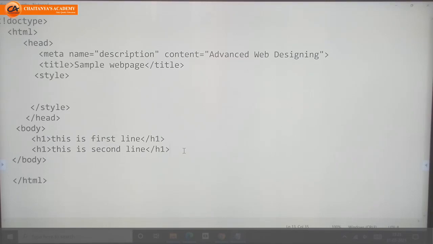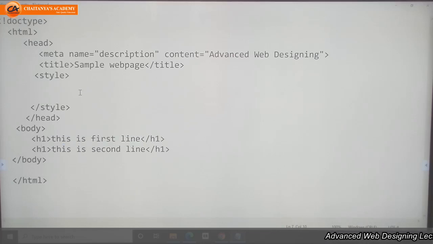These tags display the text on a new line by default. Without using a BR tag, automatically they will display the text on a new line. But though I used this block tag here, I want to display the lines on the same line.